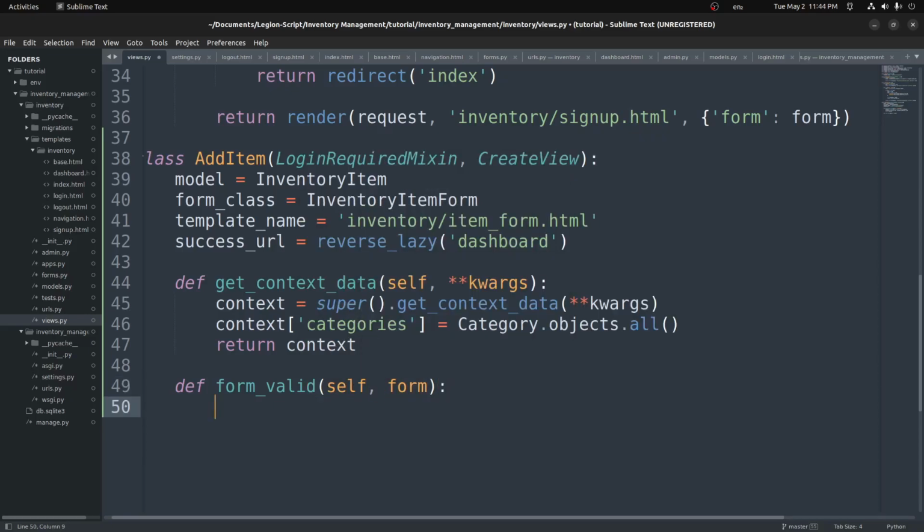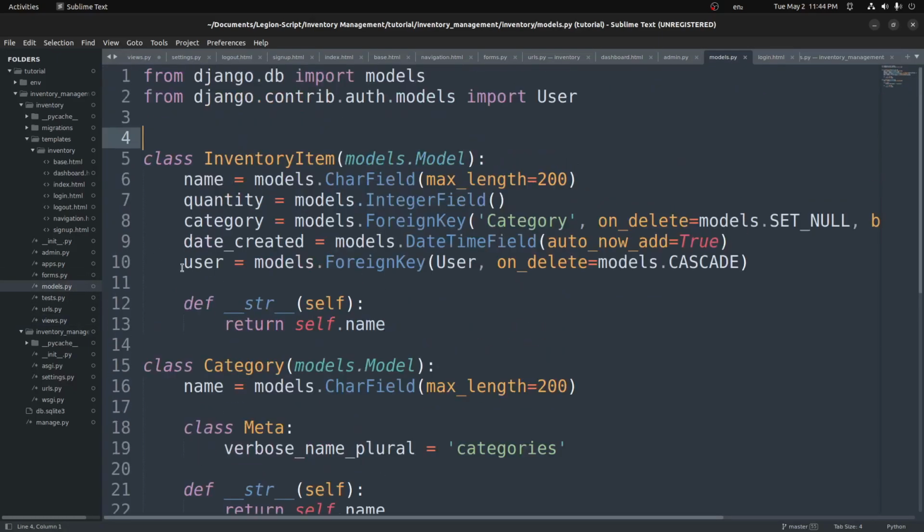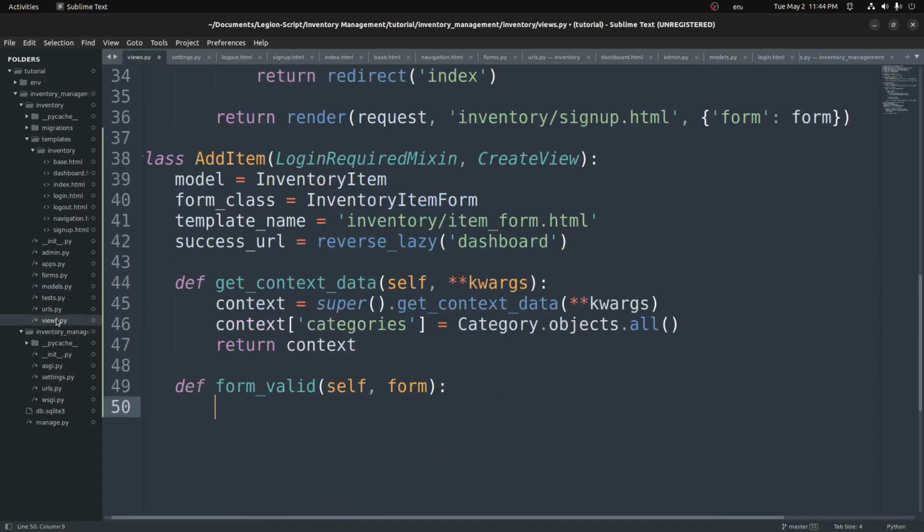And in this one, what we want to do is go ahead and set the user on the form. So we look at our models, for example, for our inventory item, we have this user field. And so we want to make sure we set this by default. We don't want the user to set the user because it's just the user who's logged in. So instead of having them manually set their own user, which would make no sense, what we can do instead